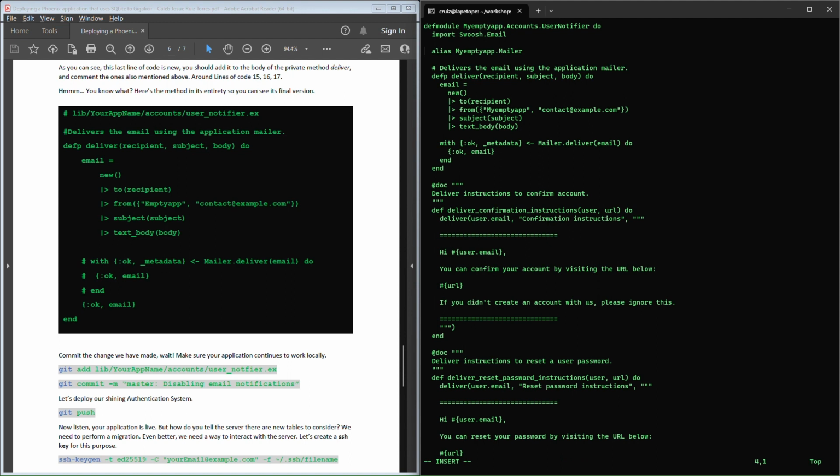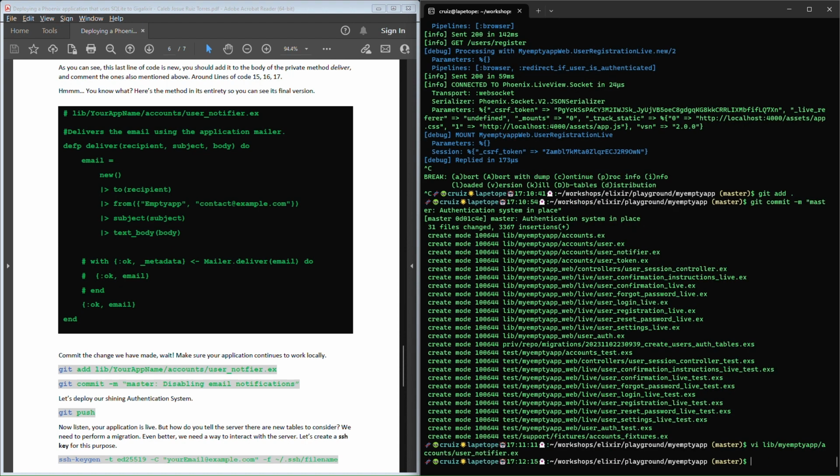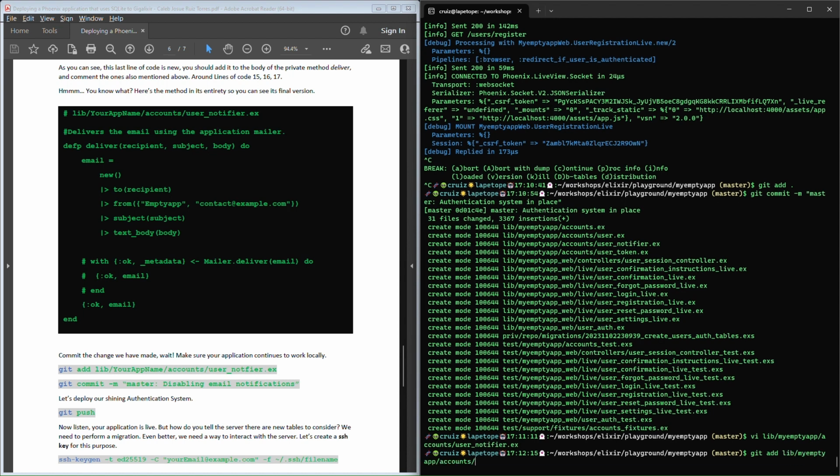In Elixir, you comment lines with the pound symbol, number symbol, and have a look how easy it is. Now we can just return this tuple that is necessary. Okay, so no more notification systems, so we are adding this last change to the repository,